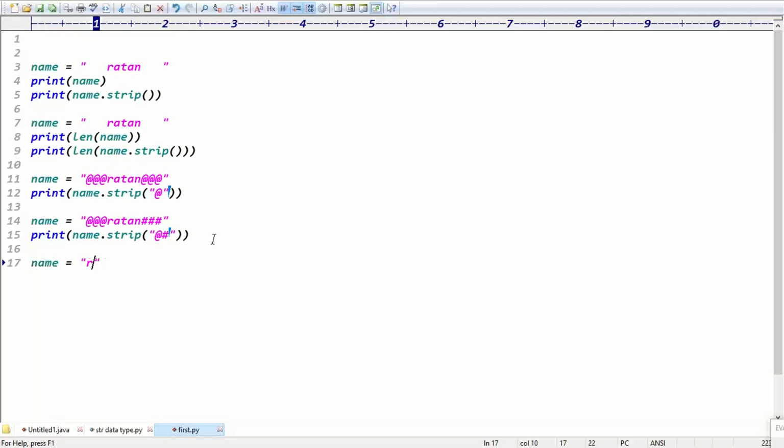So next one is, if you take Ratan, on the left hand side you can take the @, guys. But now I want to remove the data at the left hand side only. On the left hand side I only want to remove the @ symbol. If you want to print after removing the left hand side @ symbol, then what you have to do, guys? Simply you can write the print of. So just focus on the left hand side data.